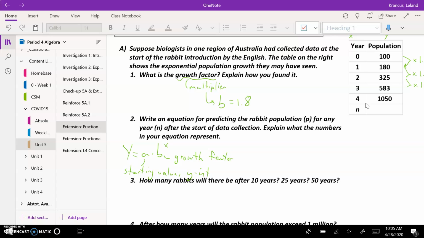So if we want to write an equation for this, the population, that's our y value, is going to be equal to